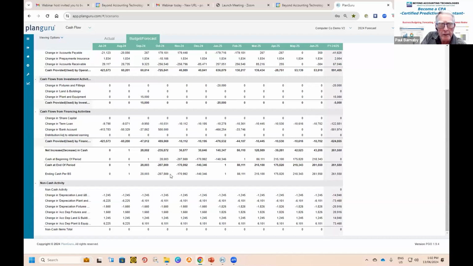We can see that deficit of 207 in October, 170 in November, 140 in December, and then rolling back into credit as we go along. So that just illustrates how very, very quickly you can make a change to that key driver and then have a look at the result of it.